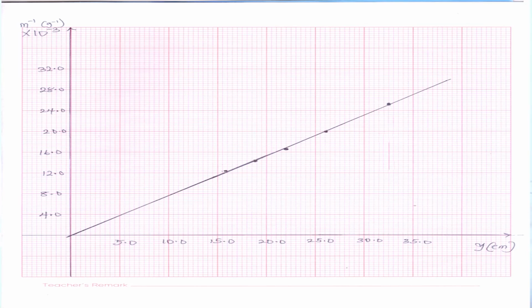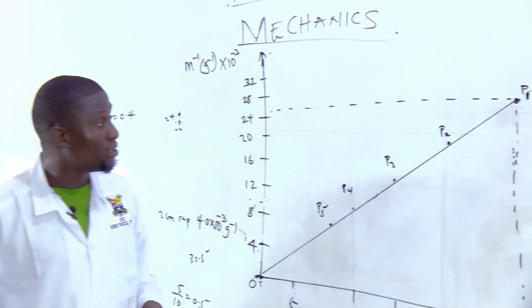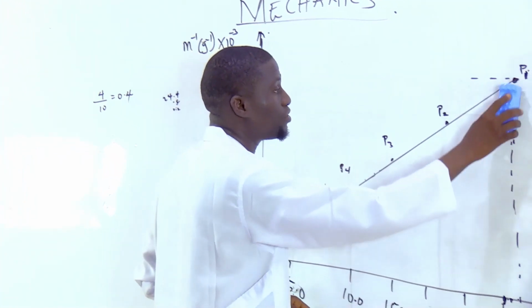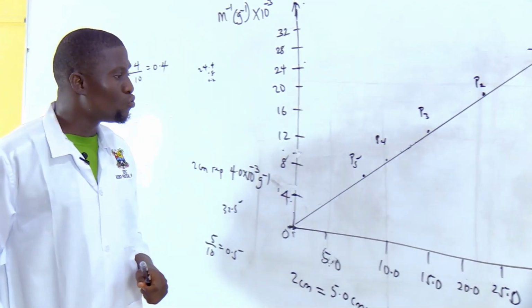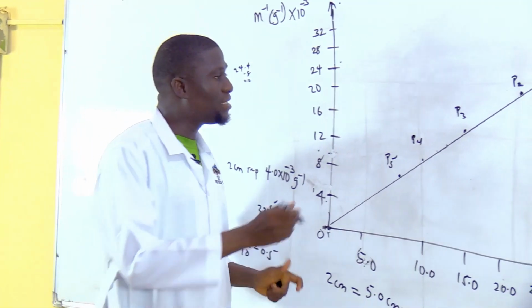Okay, good. That shows you've done a very good experiment. We have taken the necessary step and we are getting a very good result. Okay, good. After doing this, the next thing to do is to find the gradient,